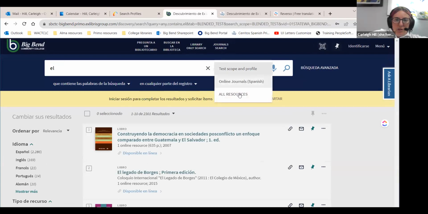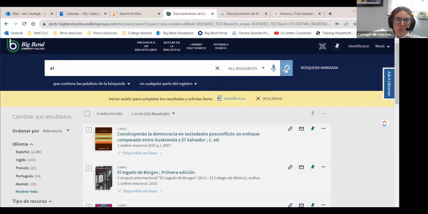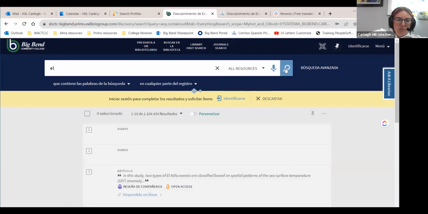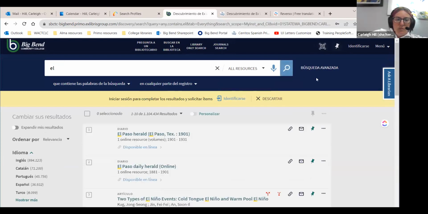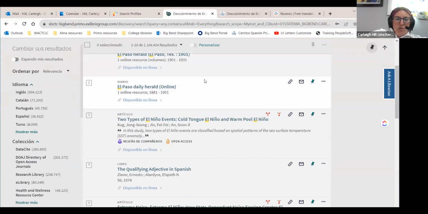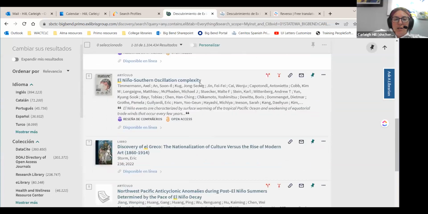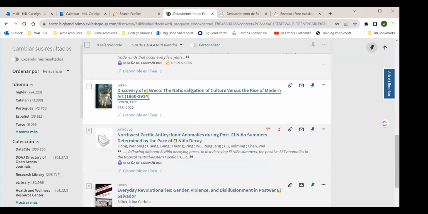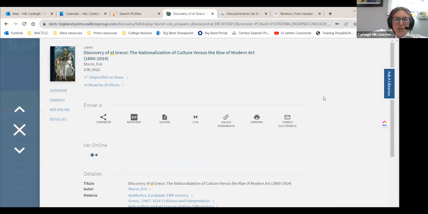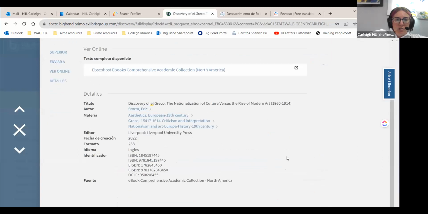And we're okay. So if we go to all resources, the all resources does include CDI content. So if we look at this one, let's see if we can find something from the CDI. Yeah, so on this one, it's not necessarily translating